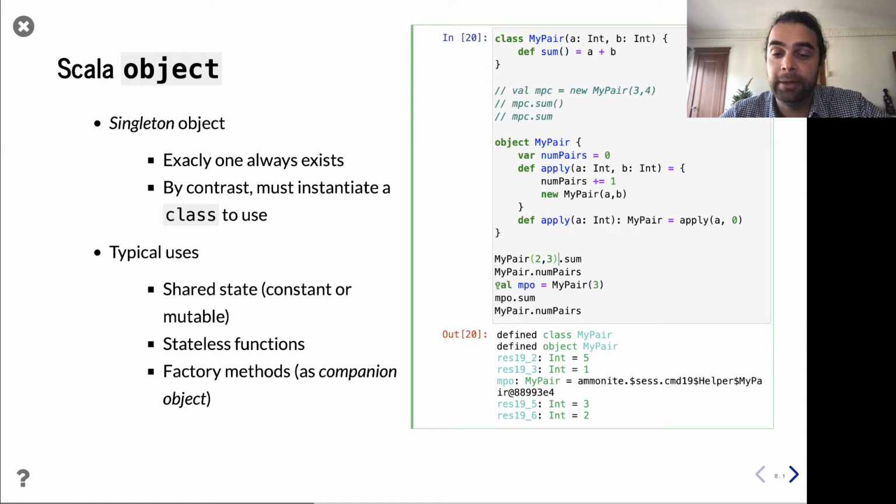If I want to create another instance, notice here I'm using a different argument pattern, so I'm calling a different constructor, no problem. And actually, in this case, we're going to reuse our first constructor and just substitute in 0. Cool. We can call sum on that, and now we can see there's been 2 pairs created. So maybe you may be wondering, well, how do we get this binding of this thing, or I should say this thing,